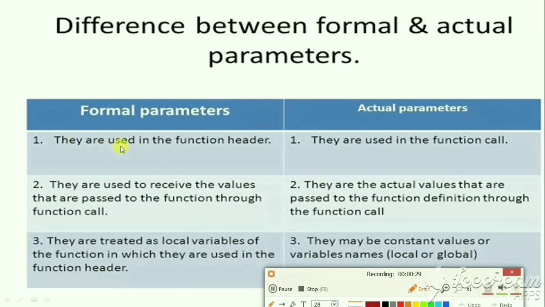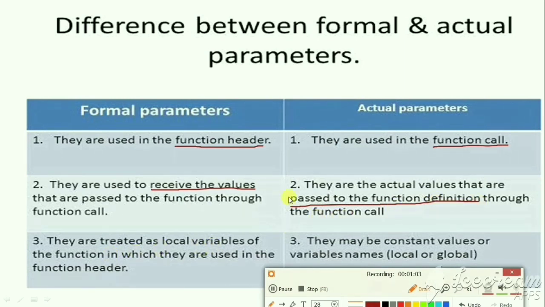Now let us see the difference between these two. Formal parameters are used in the function header. The function header means function declaration or function definition. Actual parameters are used in the function call. Formal parameters are used to receive the values that are passed to a function through the function call, and actual parameters are the actual values that are passed to the function definition through the function call.